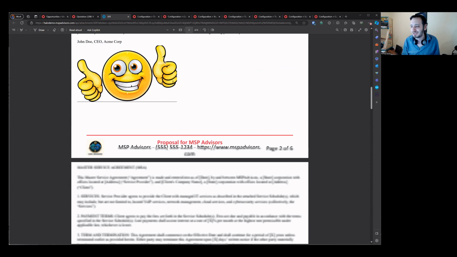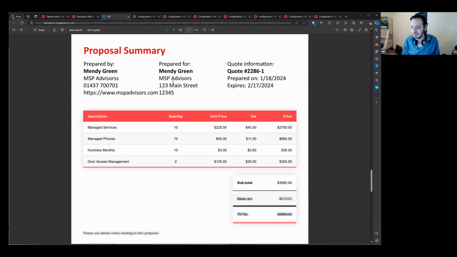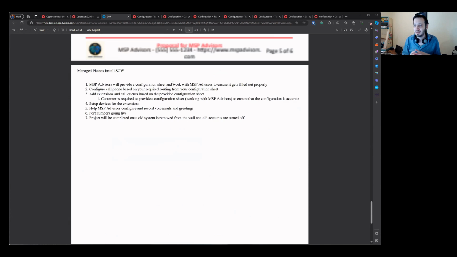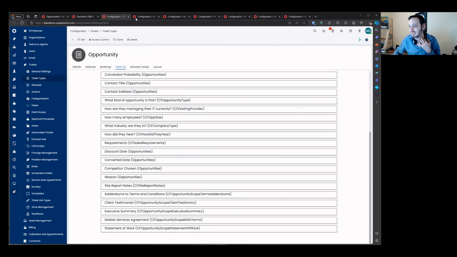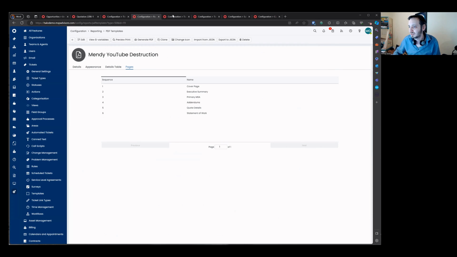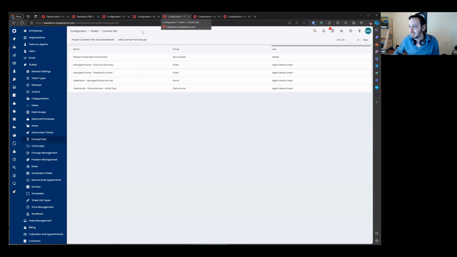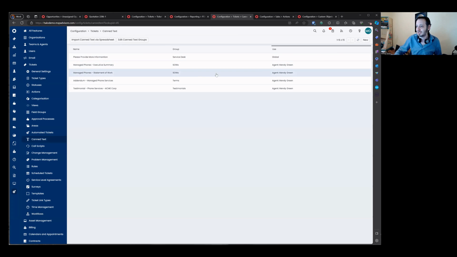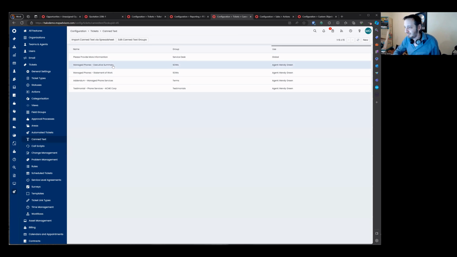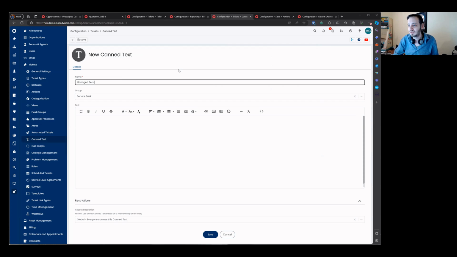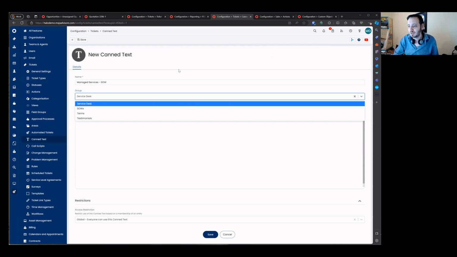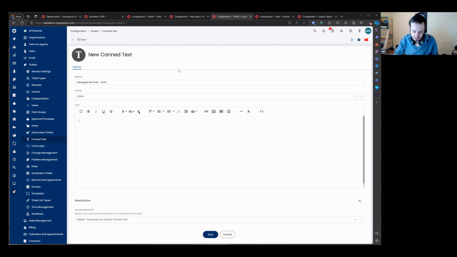But what I will do is let's see if we can expand our statement of work with a few more can texts. So let's go to our can text. We don't need this anymore. Here's our can text. And let's just add a couple more statement of works here. So let's do a new one, and this will be managed services statement of work, and that'll go to SOWs, and it's going to be managed services